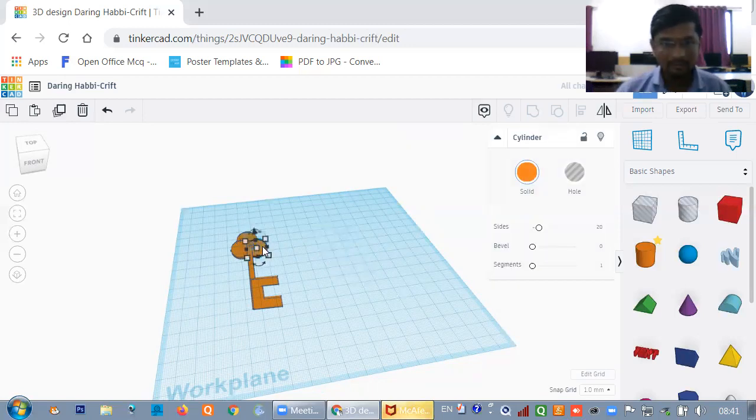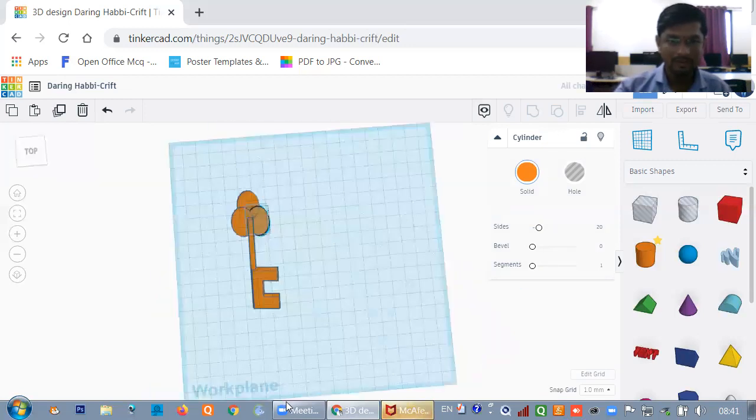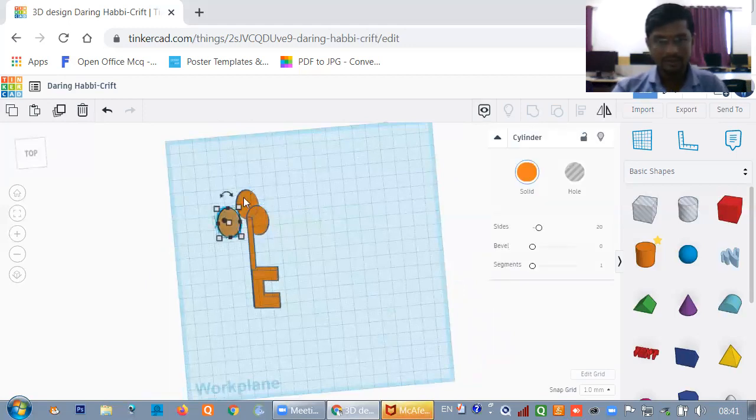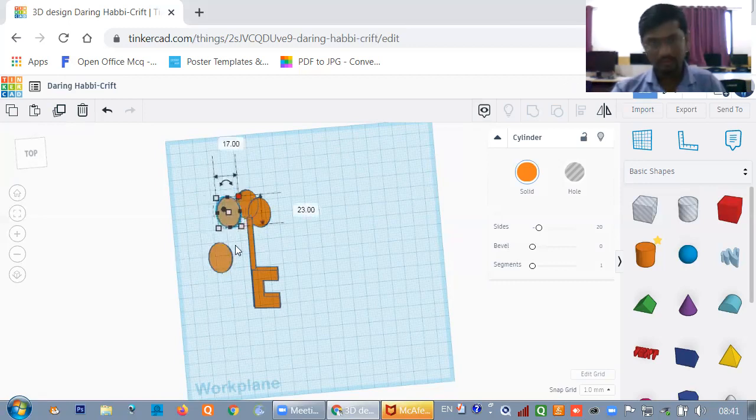You can take it down properly. Now you will see the downside properly, whether it is working or not. Now you will get the proper shape. Check it. If you want to make a duplicate, you can put it here.